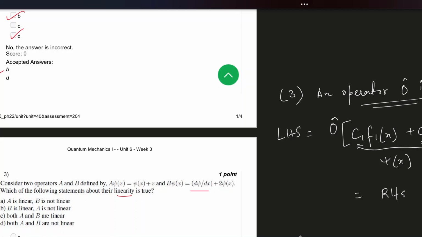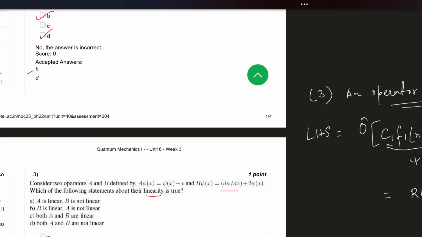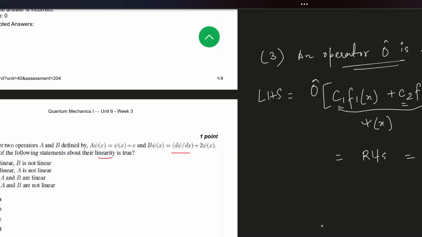So in our case, if A and B have to be checked as linear or not, then simply, because there is an expression given of A psi(x) equal to psi(x) plus x, let us say we have to check whether for this expression of A, this thing is satisfied, whether LHS equal to RHS is true or not. Then let us take the LHS first. LHS is simply O cap replaced by A cap, c1 f1(x) plus c2 f2(x) equal to, so A cap